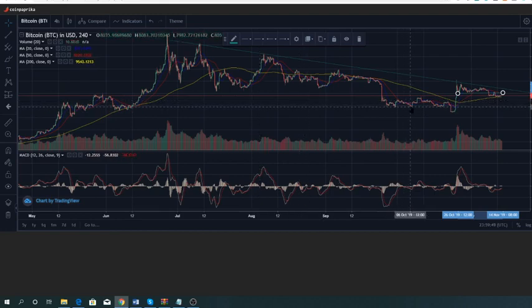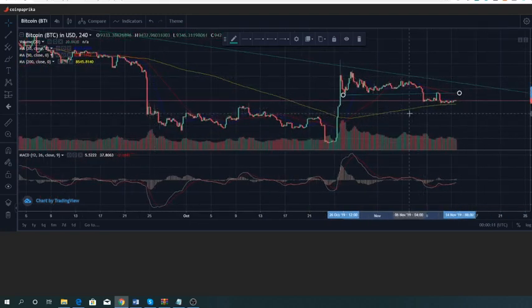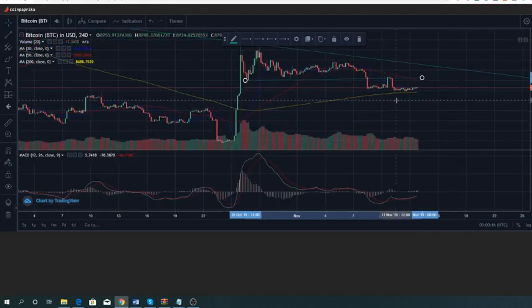Now this area you can see is acting as a support. This area was a resistance but turned into a support, and we are above that support right now. So this is still valid. This red line is indicating where the price is currently, and we can see that's above this previous resistance. So that's clearly acting as a support. And in 4 hours, as you can see, the yellow line, which is the 200-day moving average, is acting as a support. So if it managed to go back above both the 20 and 50-day moving average, then the price can actually break